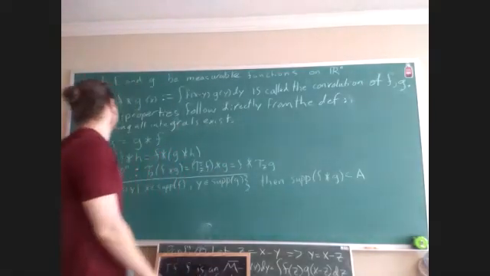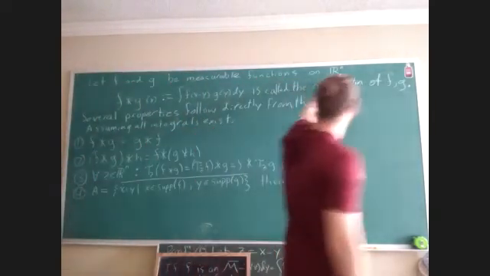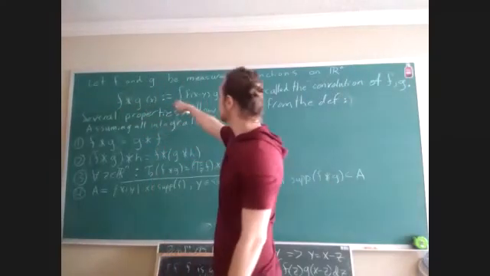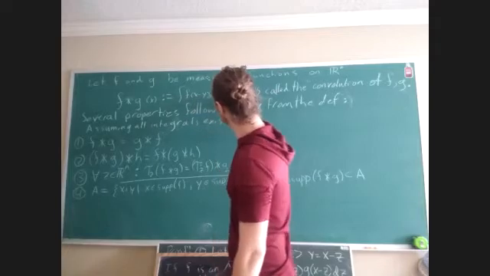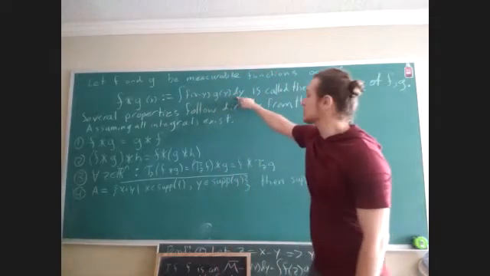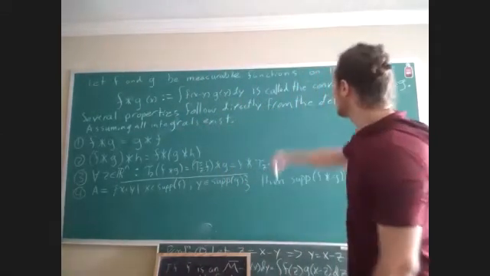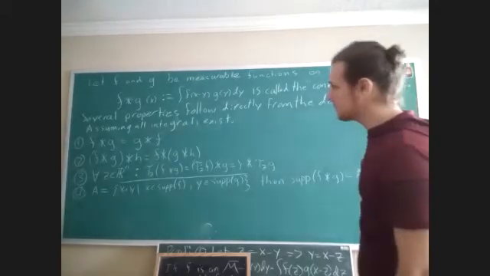So we're going to begin with just the basic definition. If we have two measurable functions on R^n, then we define f star g of x to be the integral of f of x minus y times g of y dy. So this is going to be a function of x, and we're integrating with respect to y. And this is called the convolution of f and g, okay?